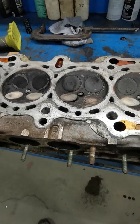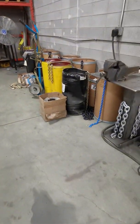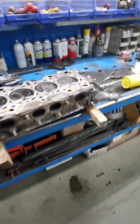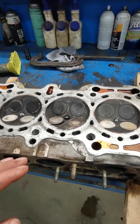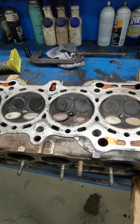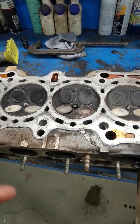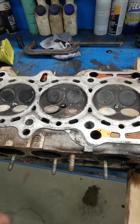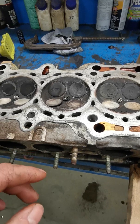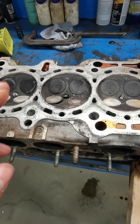Now, I know what you guys are thinking: you heated it up, you took out the strength from the metal. At work, I deal with a lot of metal for overhead lifting. I've taken a lot of courses, and if you heat it up and you slowly cool it, you're going to retain a lot of the ductility of the metal, a lot of the stretch and the yield characteristics. When you heat it up and quench it quickly, that's how you build hardened strength. These valves are already hardened. I was trying not to take that away, so I'm just heating them up and letting them cool naturally, because the more you heat and quench,